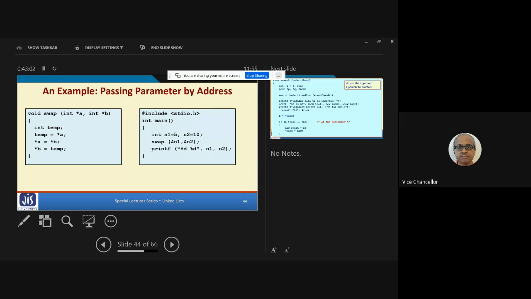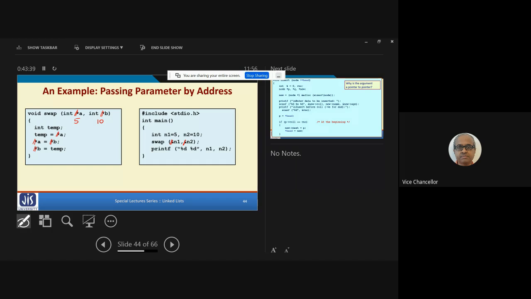Before we explain this, let us say we do not use the stars. Just forget this. Delete the stars for the time being. Delete this ampersand for the time being. Suppose I wrote a program like this. So will this work? You see what we are doing. In the main function, I am defining two variables n1, n2, n1 equal to 5, n2 equal to 10. There I'm calling this function swap with the values n1, n2, 5 and 10. So 5 will come here, 10 will come here.